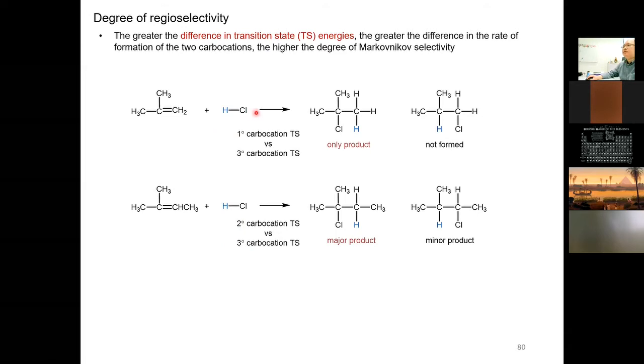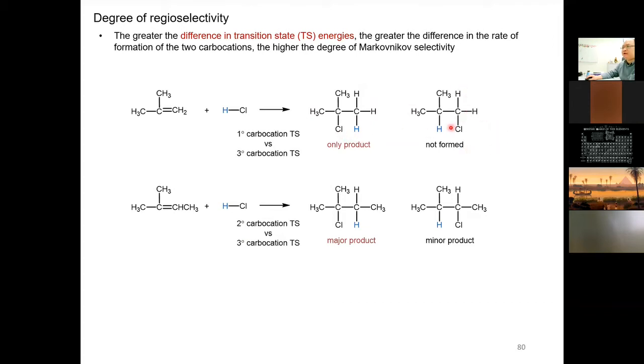So for a reaction, if you want to judge, when the difference in transition state energy is higher, like 1 versus 3, compared with a lower transition state energy difference, like 2 versus 3, then we can predict that the Markovnikov selectivity of the first reaction should be larger than the second reaction because the energy difference is larger. So in the first reaction, you can see this Markovnikov product is the only product,